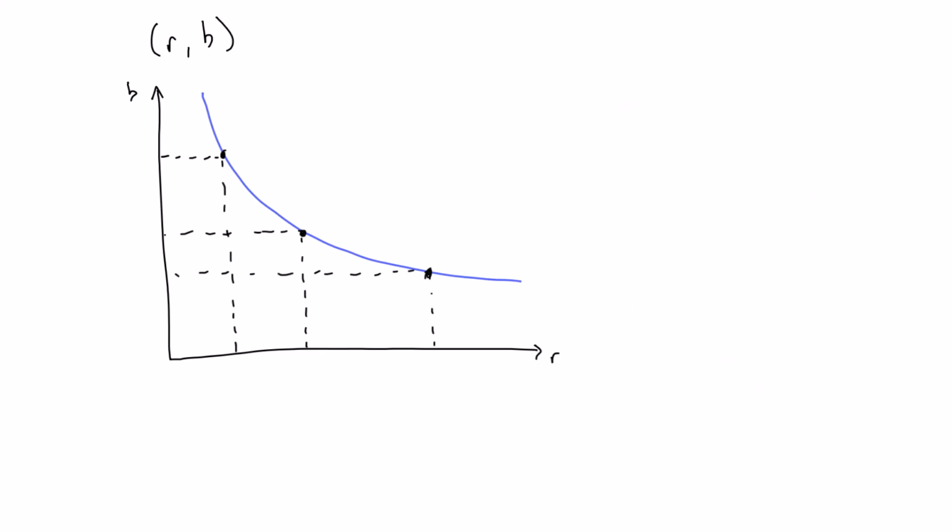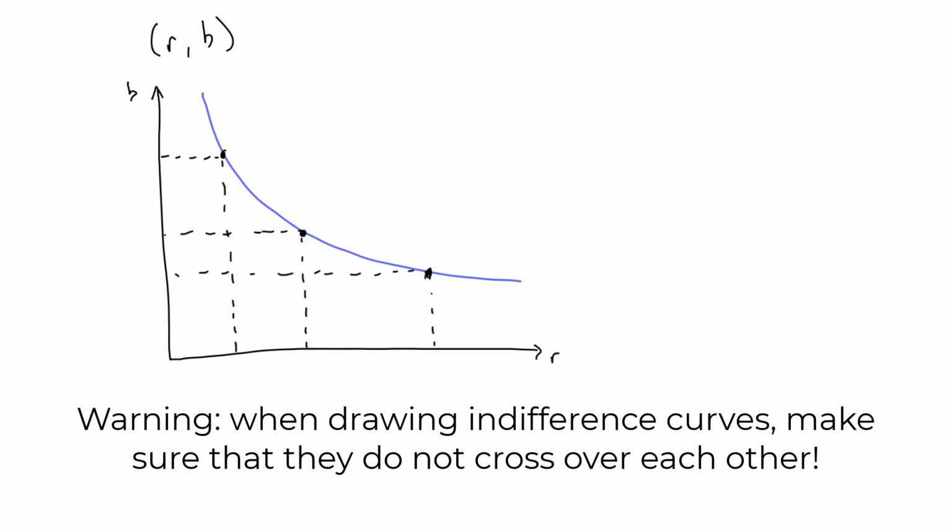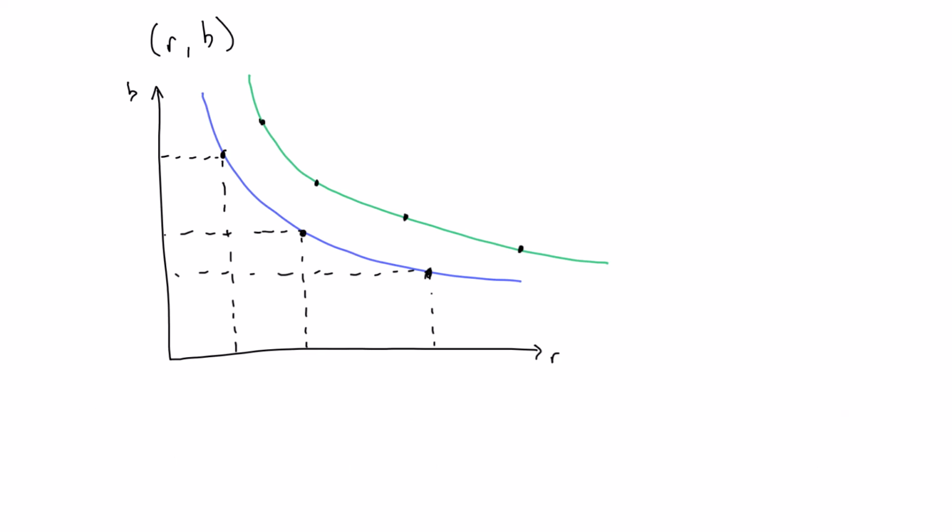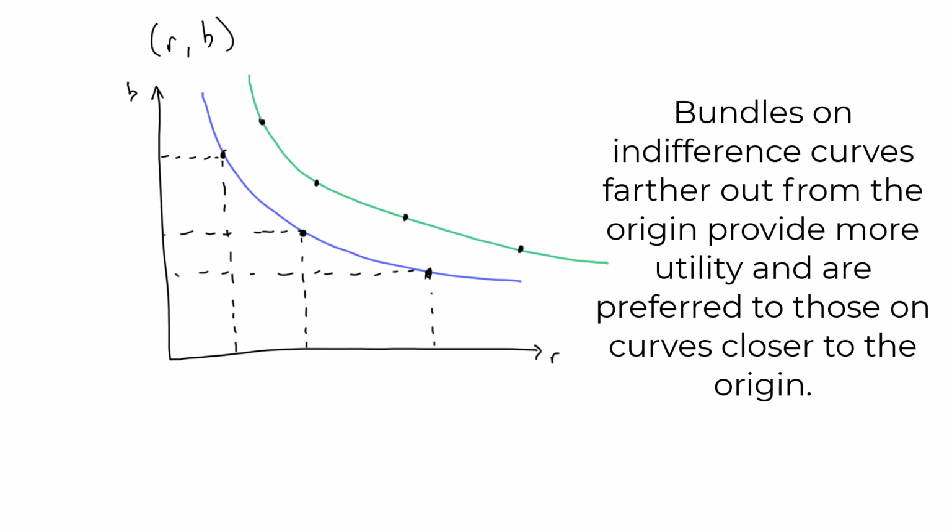But remember, this indifference curve represents just one level of utility. The consumer might end up with more or less utility than that, depending on which bundle they consume. I'll draw in another indifference curve, looks something like this. This indifference curve represents another level of utility, and if we mark out a few points along that indifference curve, the consumer would be equally happy between any of these points along the green curve. But how do those bundles compare with the bundles on the blue curve? Well, they are better. They give the consumer more utility because this indifference curve is up and to the right